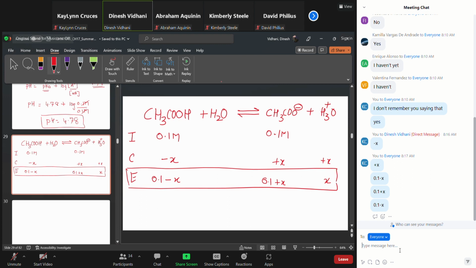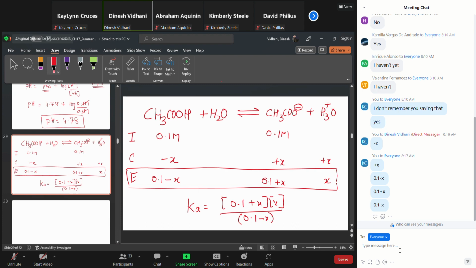It's already there. Now it's at equilibrium, right? And this equilibrium is given by Ka. That would be the concentration of acetate ions, 0.1 plus X, hydronium ion X, divided by 0.1 minus X. That's going to be your acetic acid